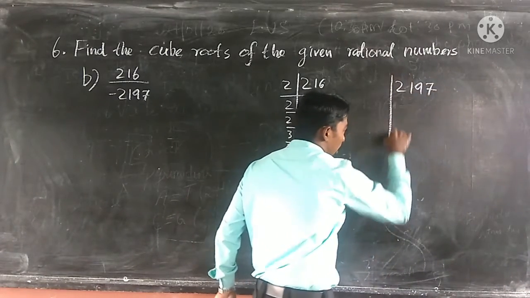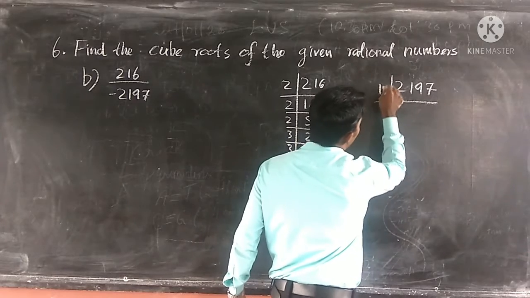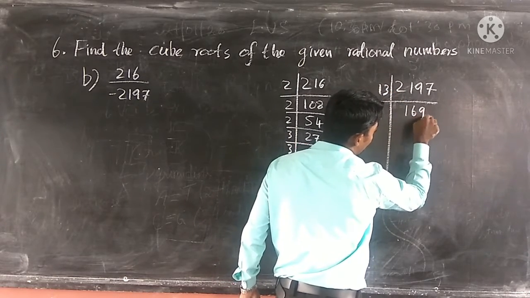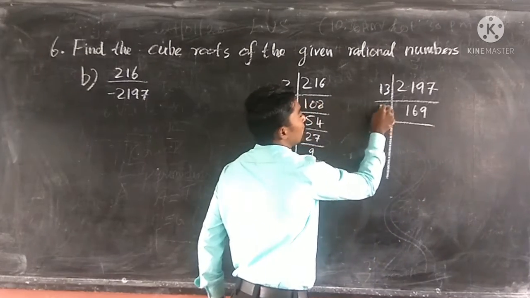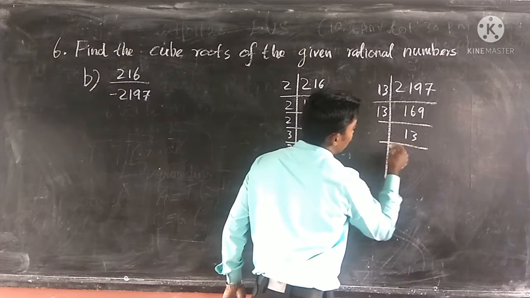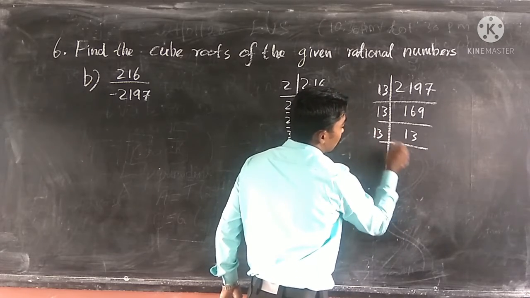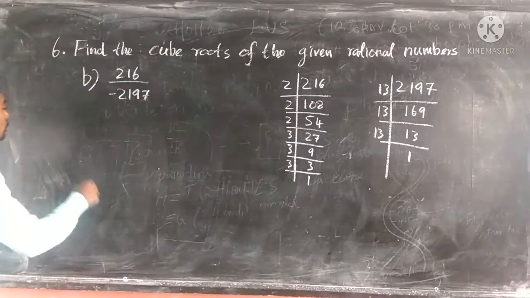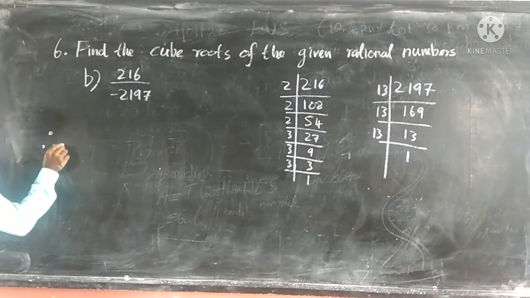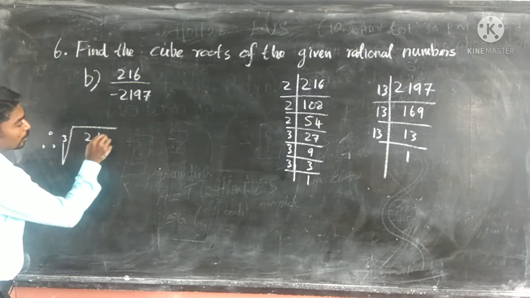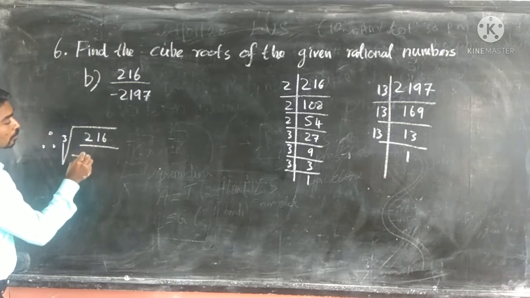2197 can be divided by 13. We will get 169. 169 we can divide by 13. We will get 13. 13 we can divide by 13. We will get 1. Therefore, cube root of 216 divided by minus